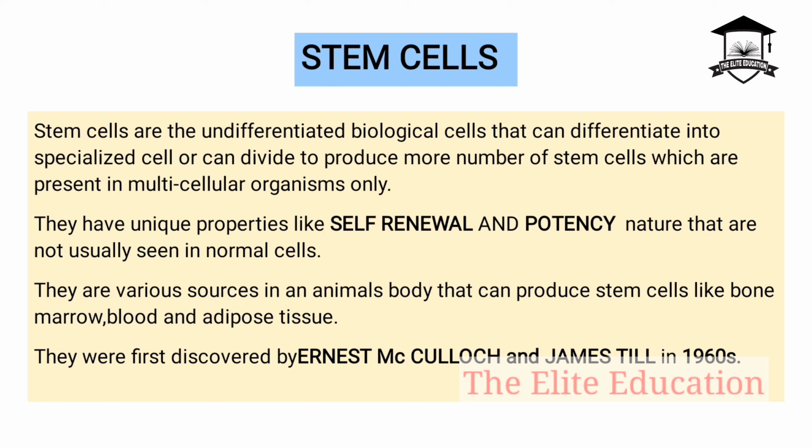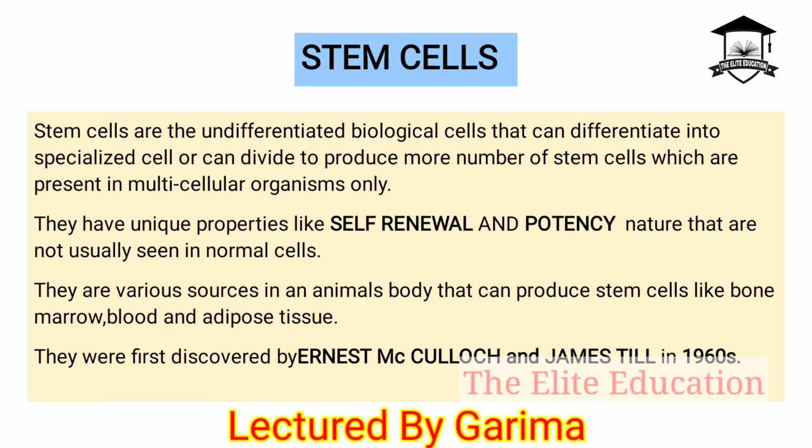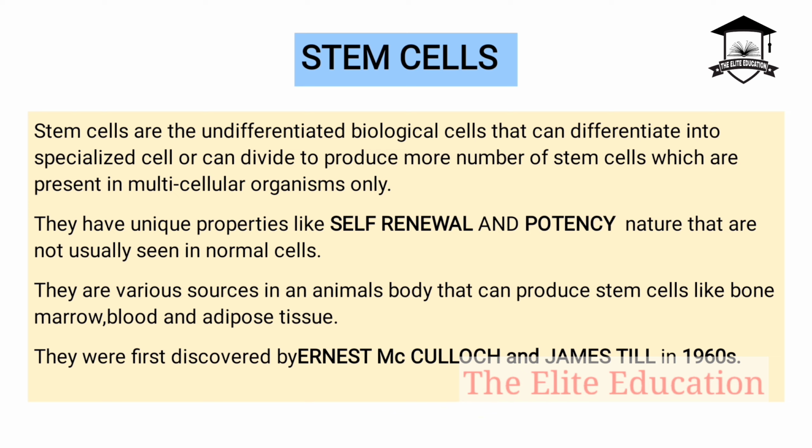Actually, in our animals, and especially in highly evolved animals like us human beings, we have many different types of cells that make up the tissues, and these tissues make up different organs. These organs all together work in coordination and form an organ system, right? So we can say that these cells are the structural and functional unit of our body. Now, there are different kinds of cells. When we go to that depth of the organism, we also study in depth about those cells.